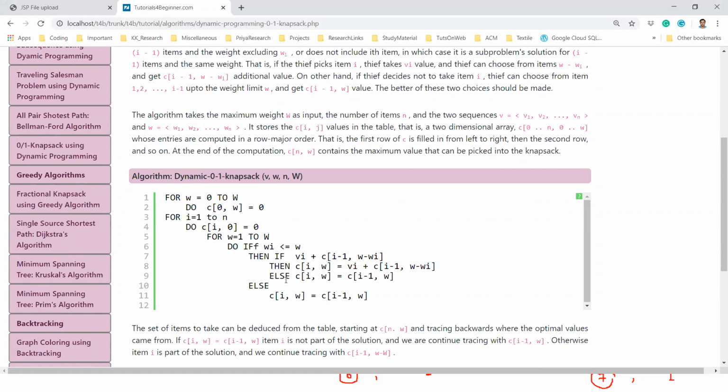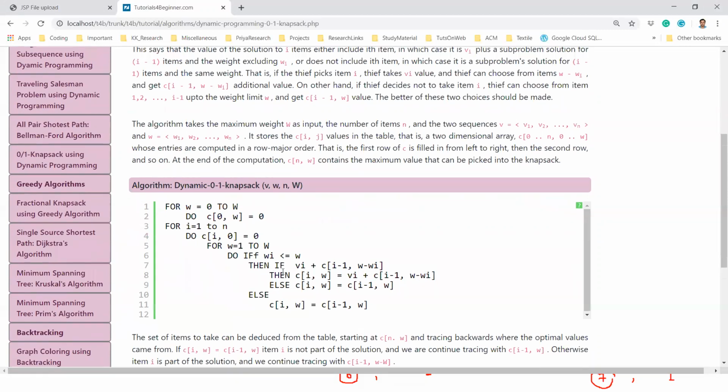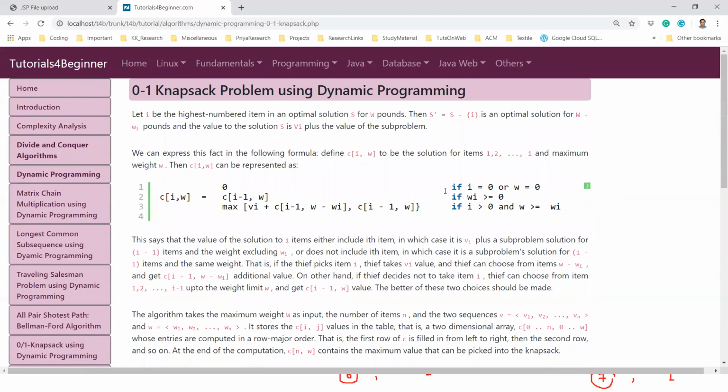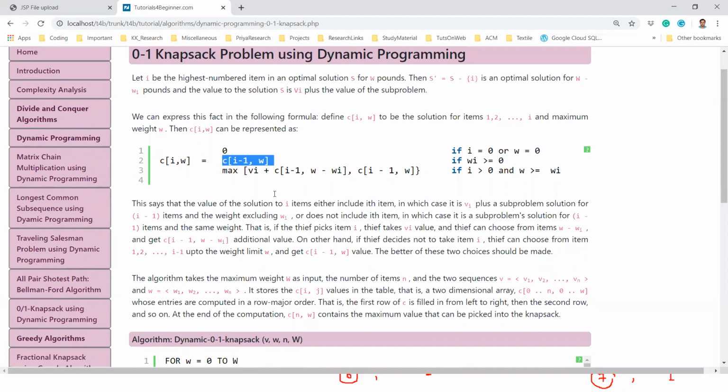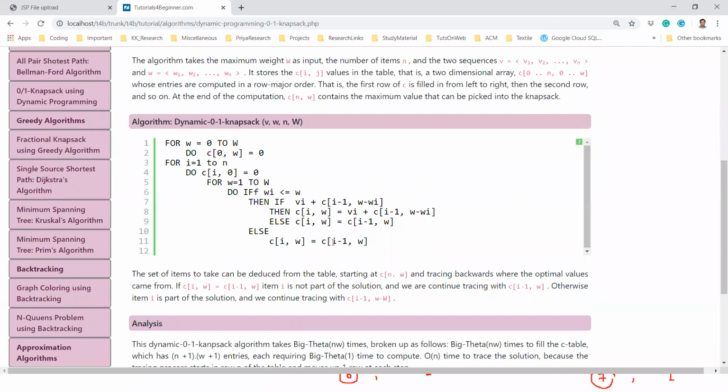And if this condition is not true, that means if the weight of the current item is greater than W, then the previous value will remain. So CIW will be assigned by C, I minus 1, W. So this is the algorithm for dynamic 0-1 knapsack.